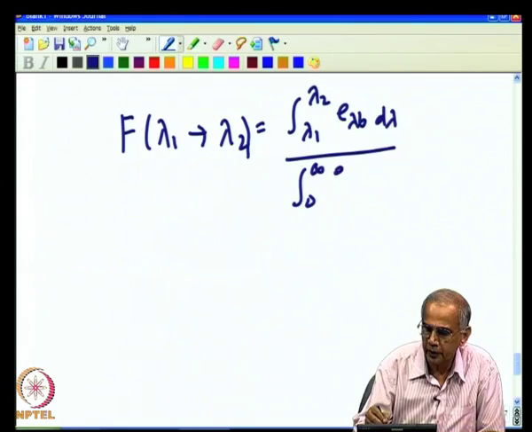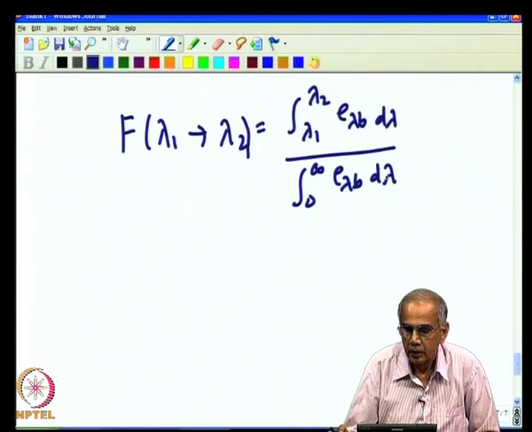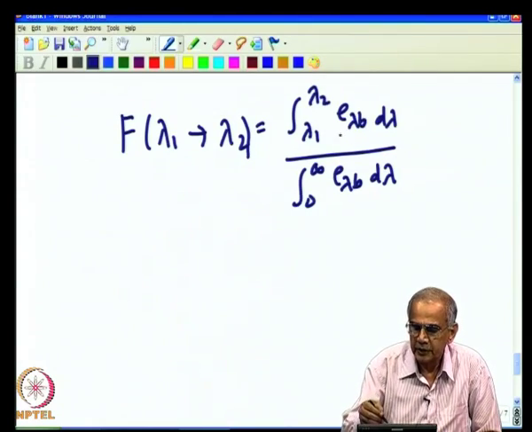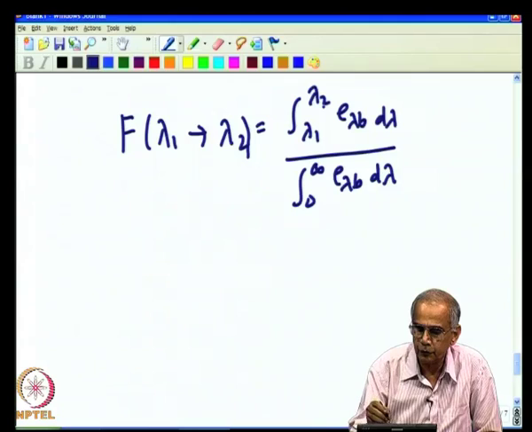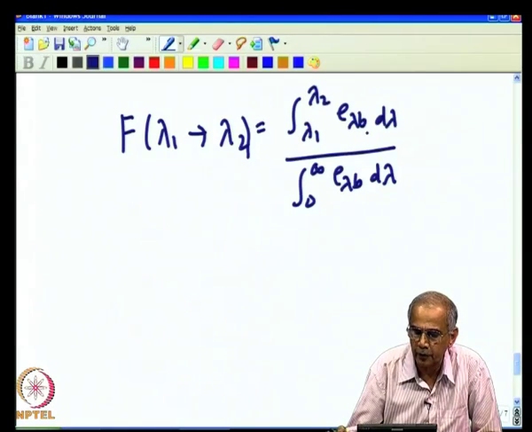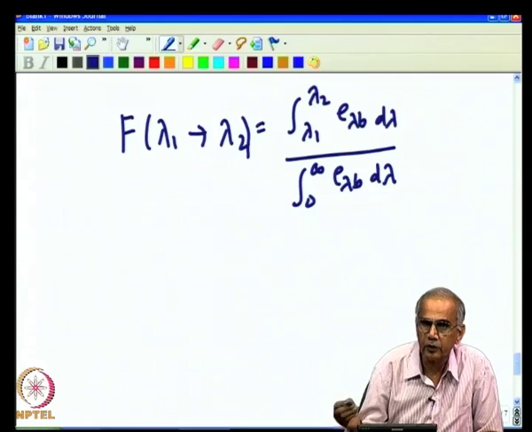So, you look at the total radiation emitted by a black body and then compare with how much radiation lies in a given wavelength range. So, this tells you what fraction of the radiation emitted by a black body lies in a certain wavelength range. This is a very important information,